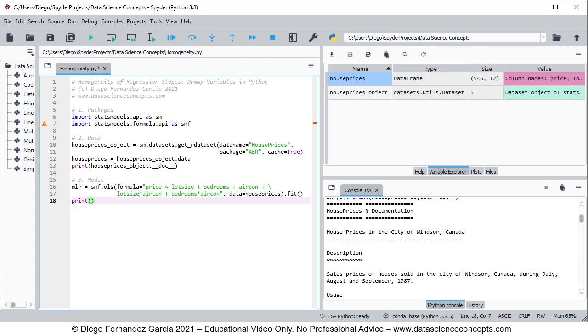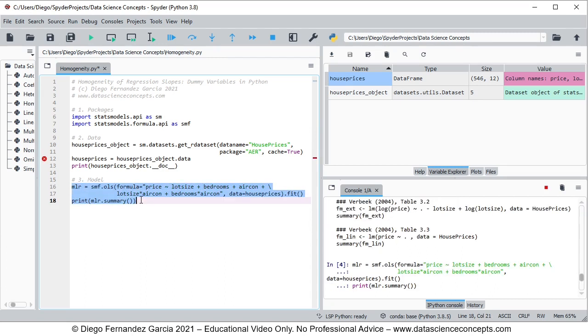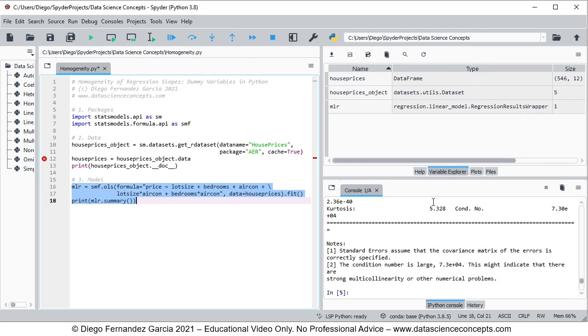Print, and we print the summary results from the MLR object with the .summary method, open and close parentheses. So let's go ahead and run these code lines by selecting them, and then we're going to press F9 on the keyboard. And as we'll see, this creates the MLR object within the variable explorer, and also it prints the results for the regression. So let's scroll up,